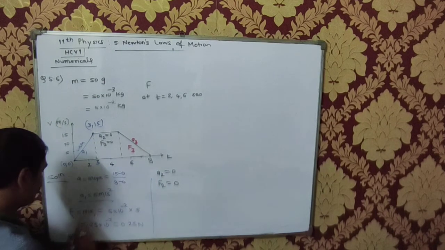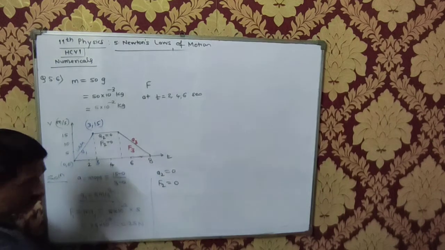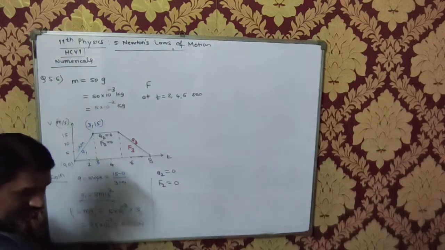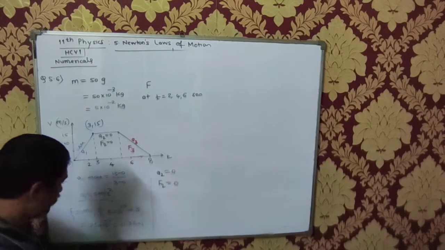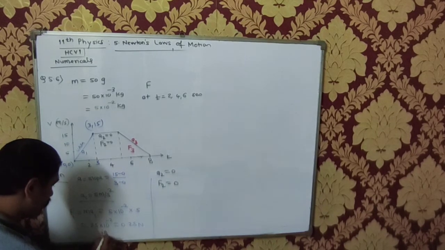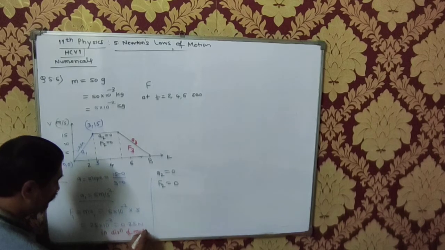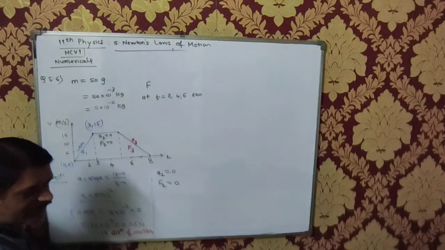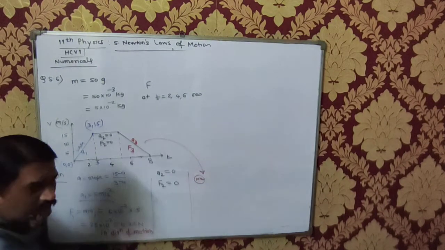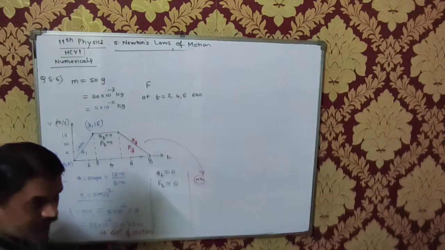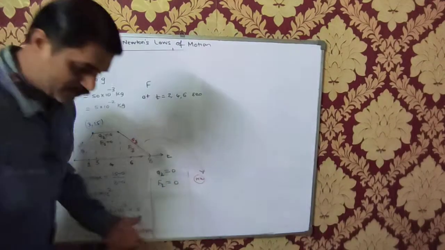This will be the accelerating force and this will be the retarding force because there is a retardation. Minus 5. Correct. So this force is in the direction of motion, and this force will be opposite to the direction of motion. Can I leave it to you? That will be the opposite force. Is this okay?